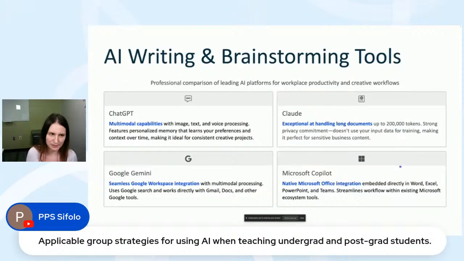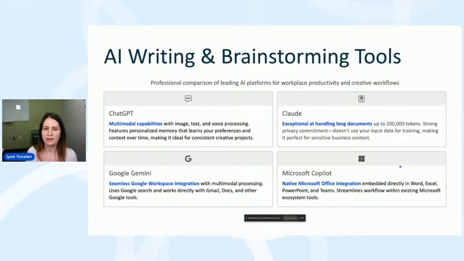For example, ChatGPT has multimodal capabilities. That means you can communicate not only in text, it can also create images and do voice processing. You can talk to it. However, if you're concerned about privacy, there are some concerns because essentially ChatGPT is also getting trained with your inputs. When you input data, it also puts it into its database. So there are some privacy concerns. You don't want to share private information there.